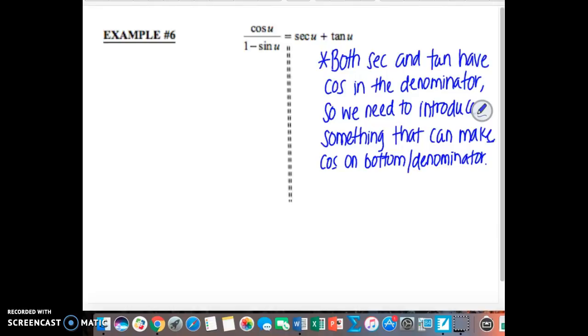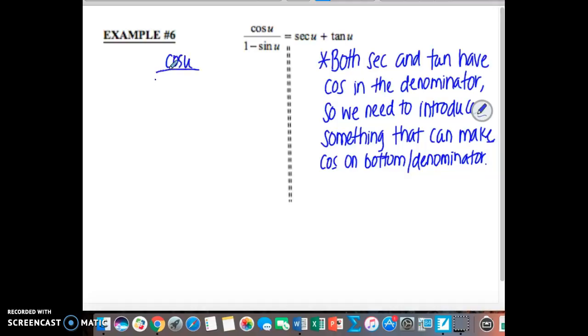Example 6, we have cosine of u divided by 1 minus sine of u equals secant of u plus tangent of u. Since both secant and tangent have cosine in the denominator, we need to introduce something that makes cosine on the bottom, or on the denominator. So looking at the left-hand side, if we multiplied by the conjugate of 1 minus sine of u, so if we multiply by 1 plus sine of u in the numerator and denominator, so this looks like